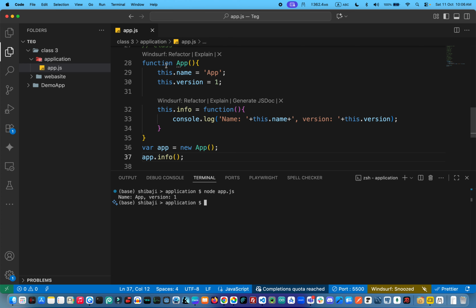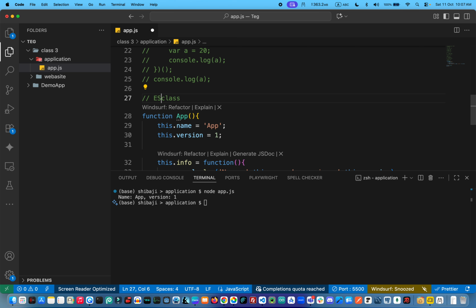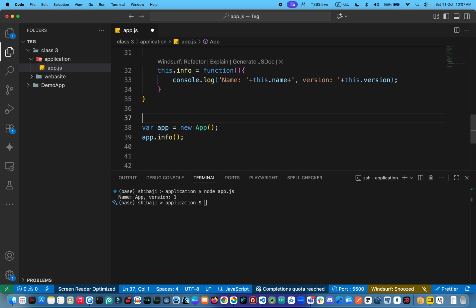But if we want to get the same data output from the ES6 version, basically this is the ES5 class. It is actually an ES5 class. Okay, but if it's converted into an ES6 class,